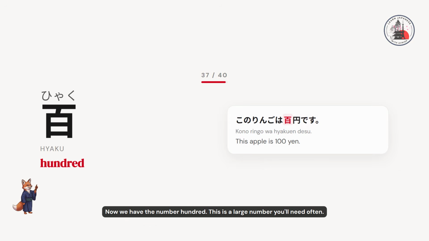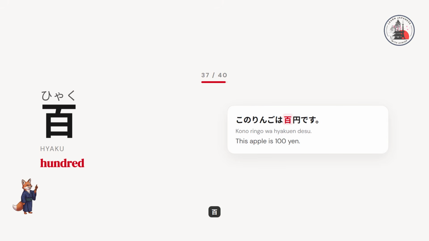Now we have the number 100. This is a large number you'll need often. 100、100。 Here's an example. このリンゴは100円です。